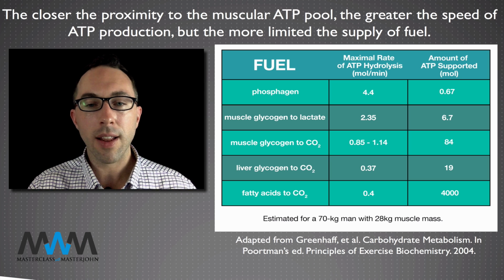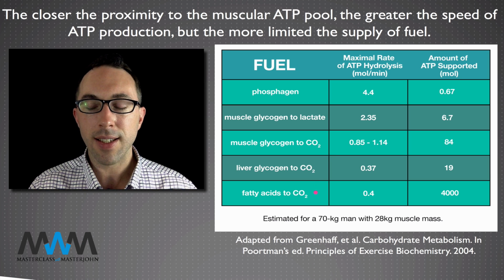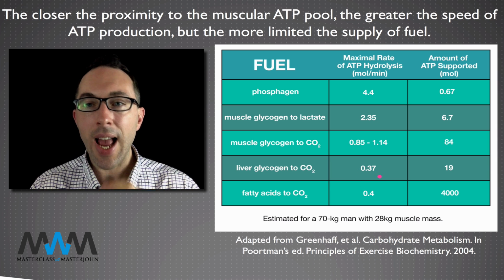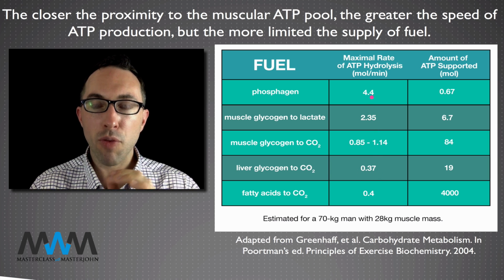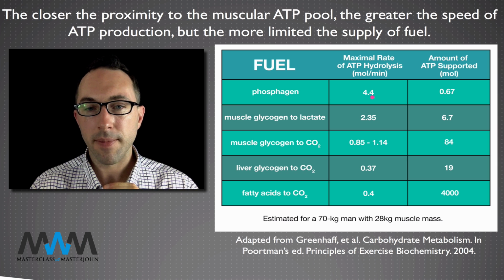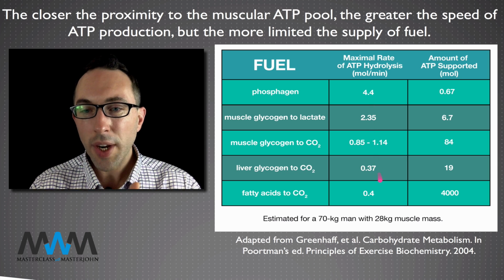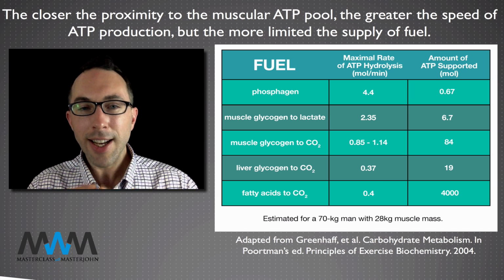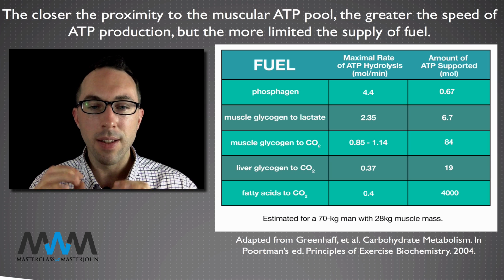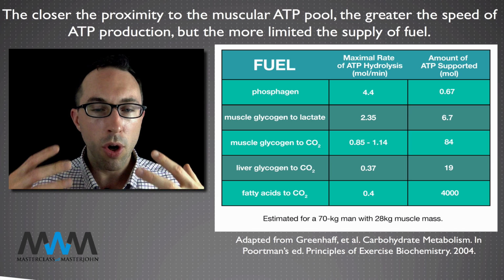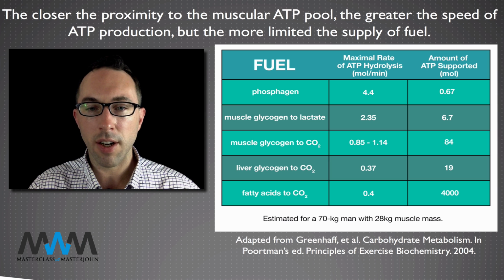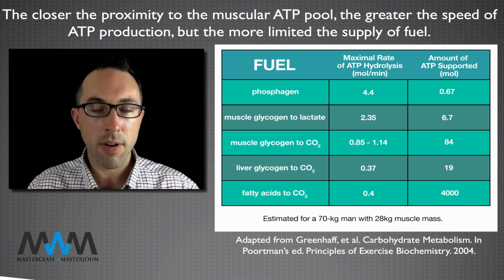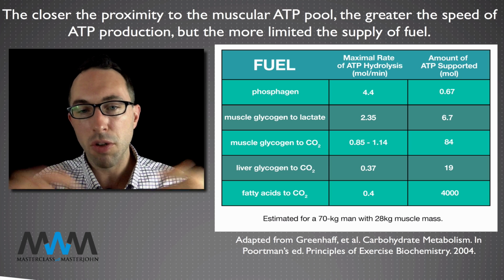By contrast, if you look at liver glycogen to carbon dioxide or fatty acids to carbon dioxide, you're cutting this rate to 1/10 of what you get from the speed of the phosphagen system. They don't give a rate because it's thought that in that context, it's not your training and oxygen diffusion that's the limiting factor. It's actually the hormones and other factors that are going to govern the rate of release of glycogen from the liver, the rate of release of fatty acids from adipose tissue, and their transport